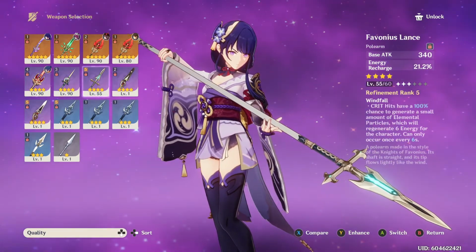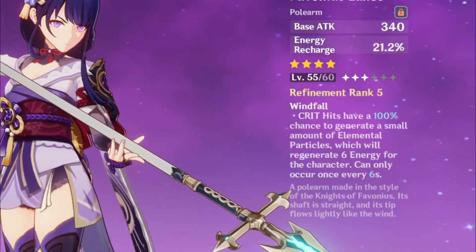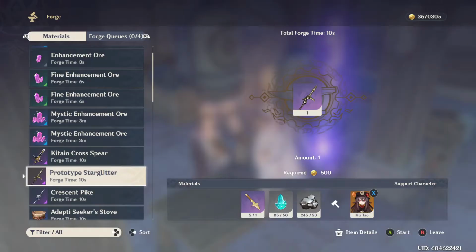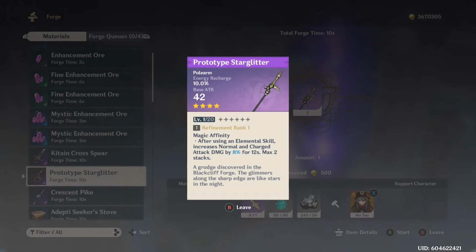The Favonius Lance is a great option as well. It will give you the energy recharge that you're looking for, as well as giving you even more energy for critical hits, up to 100% chance at R5. Stopping off at your nearest blacksmith, you can forge the Prototype Starglitter for free. This kind of works like the Favonius Lance. You get energy recharge, and after you use your elemental skill, your normal charge attack damage is increased by 8% at R1. It's okay. It's not the best, but it's a great free-to-play option,